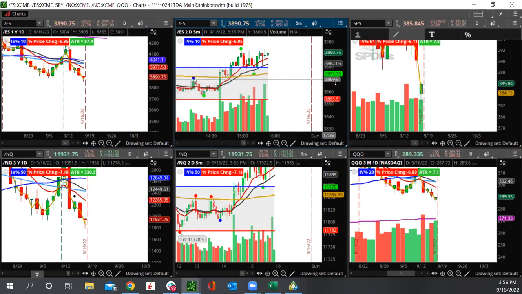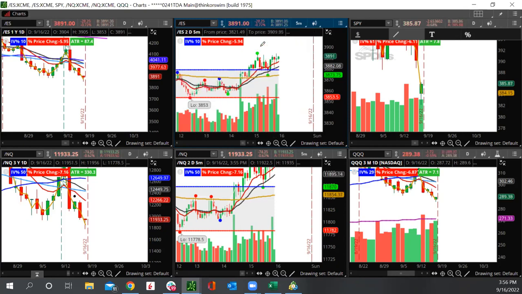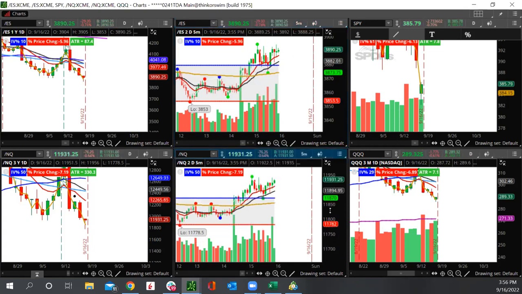All I'm watching is not so much the price levels as the price action, meaning the candles. I'm not really paying attention to the actual numbers over here as much as I am to the price action of the candles. I'm always keeping an eye on the broader markets because they're going to respond. We're talking could be nanoseconds, but